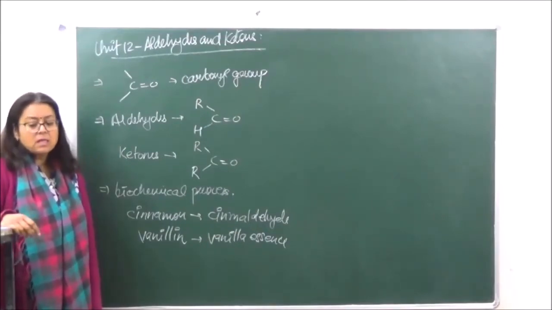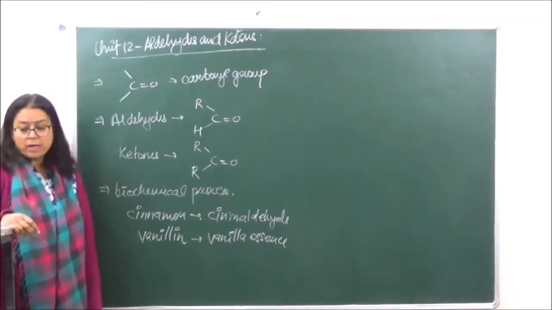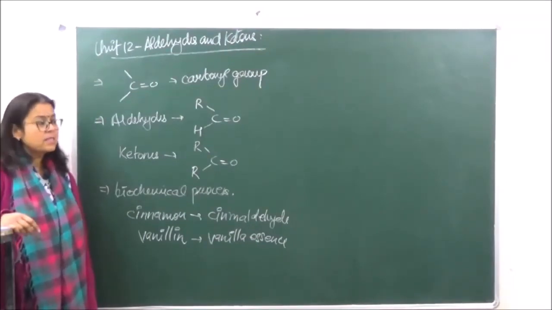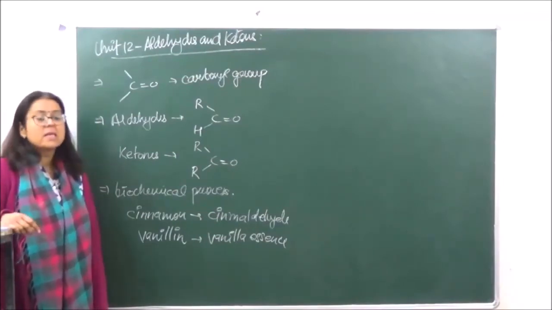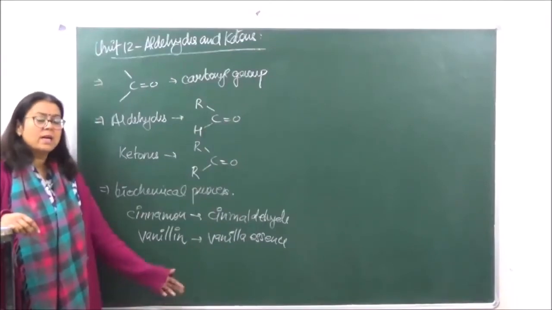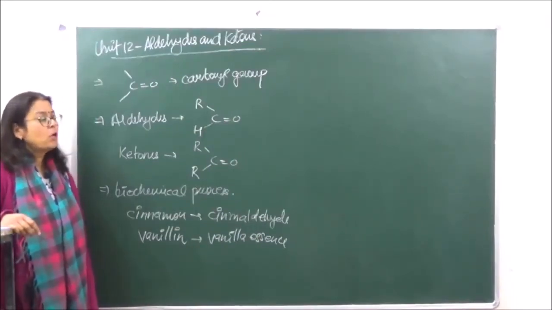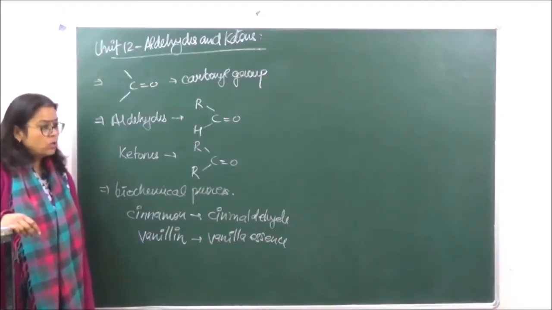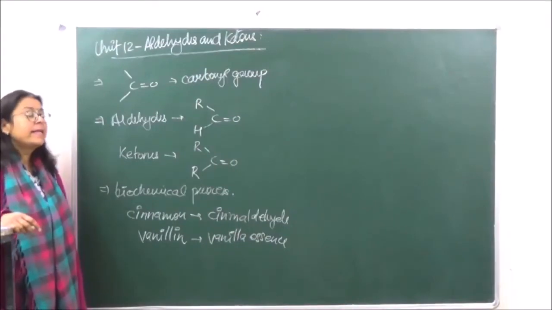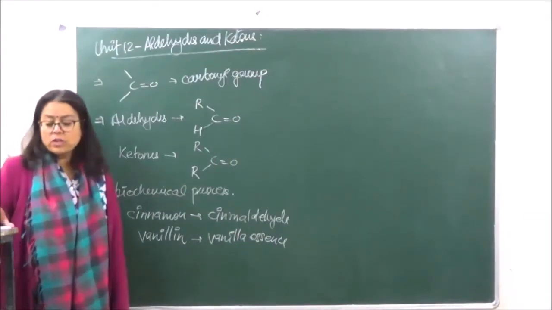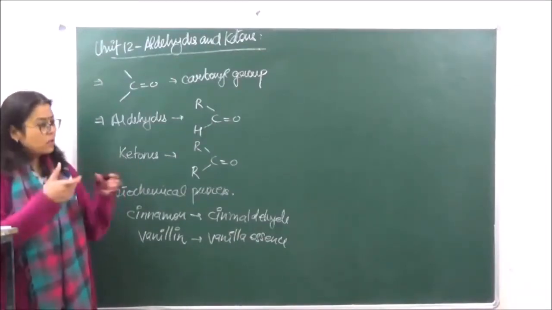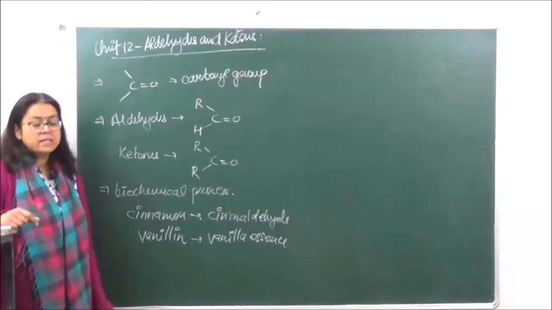Apart from this, these are used in many food products, as pharmaceutical agents, then synthetic materials like perfumes, fabrics, polymers, bakelite. Bakelite is used for the switches, they are made from bakelite. Bakelite is a polymer of formaldehyde and phenol. Okay, so another constituent over here. Then paints and adhesives. Adhesives are what? Those substances which are used to join or to stick something. They are adhesives, right?